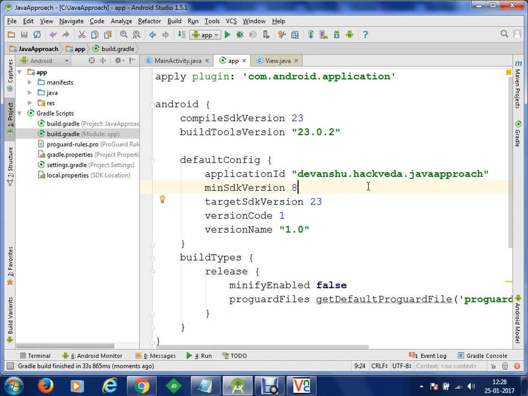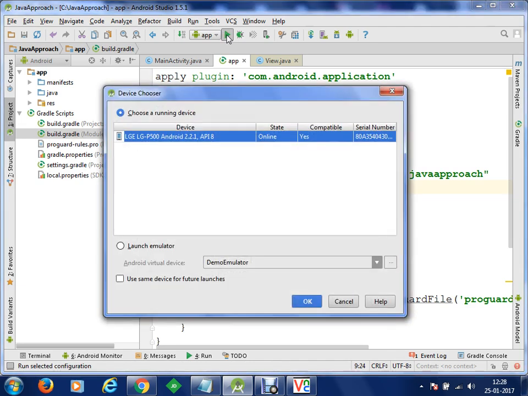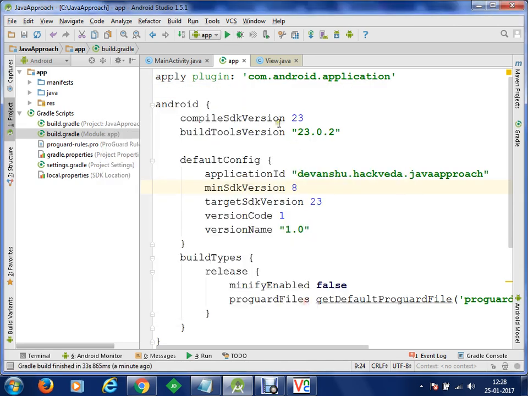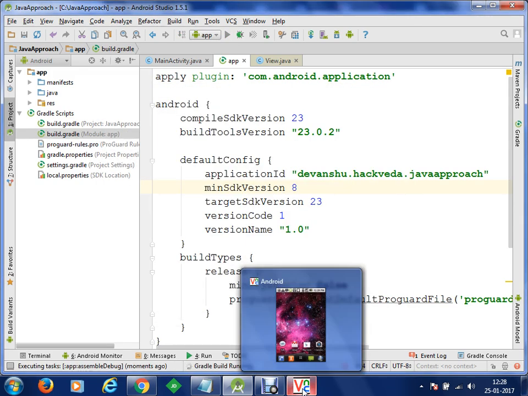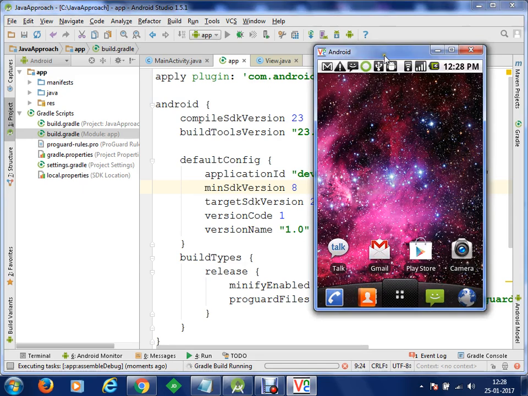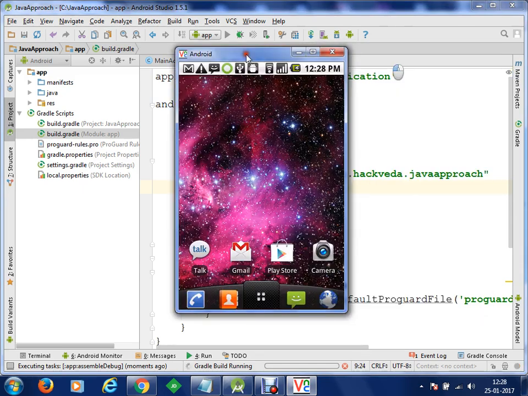You can see that minimum SDK version has been set to 8. Now if I run the application, okay, and I am going to run my application on API number 8. So now you can see that we are able to execute our application on the device.